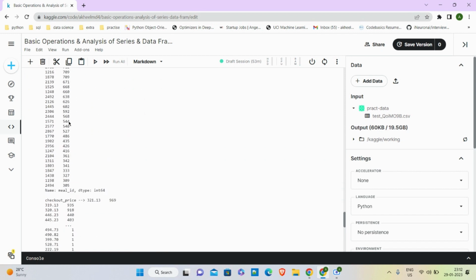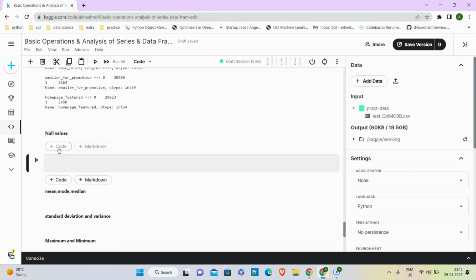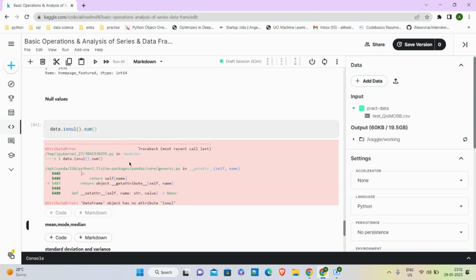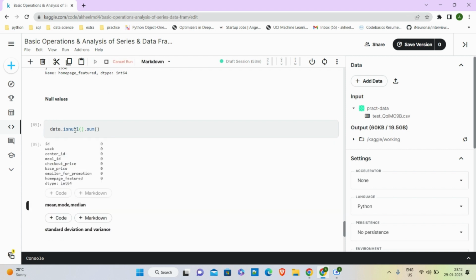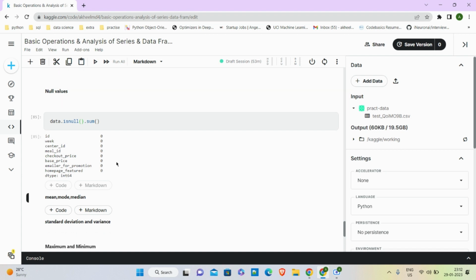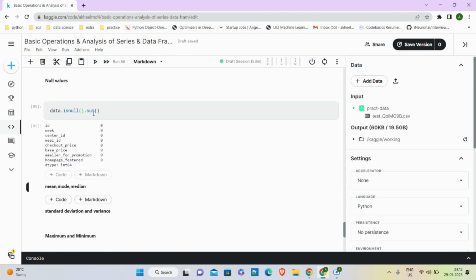So what if you want to see the null values? Data dot isnull dot sum. So you can see here there is no null values in any column. Like id has no null values, or any column doesn't have any missing values. We can use isnull dot sum for all the columns, so we need not separately take each column and check whether a missing value is present or not. At a time you can use isnull dot sum and see the number of missing values in the